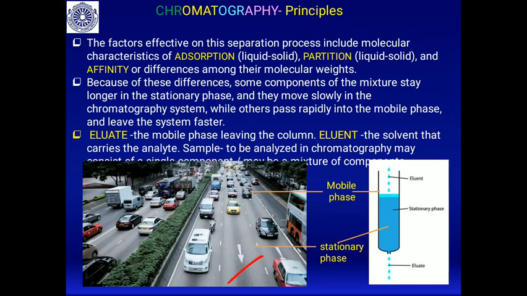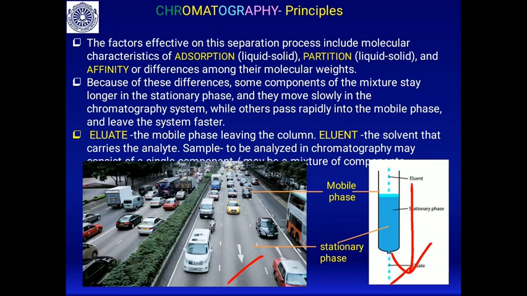The same thing you can see in the case of the chromatographic technique, in the eluent or in the analyte. Some molecules, some chemical components, move faster in the stationary phase, some move slower. The one moving faster we can collect quickly, and the one moving slower we can collect later. So, that is how we are able to separate.